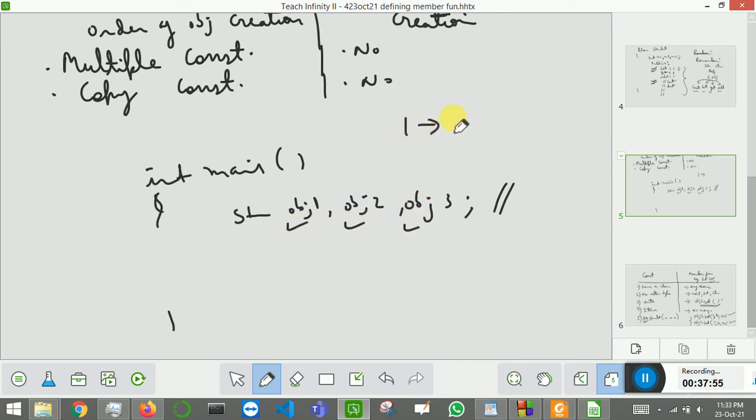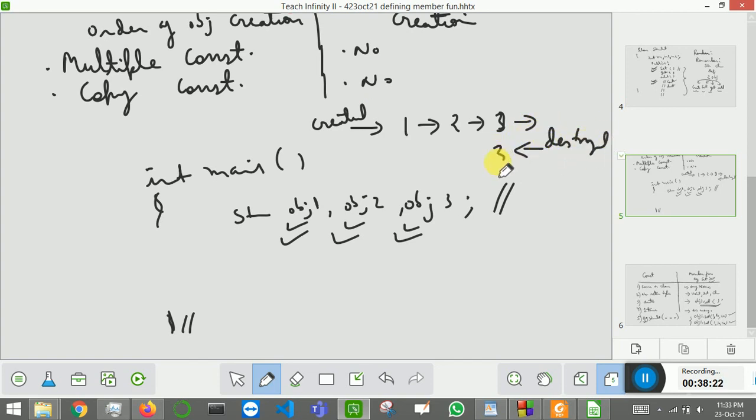So the constructor will be called first for this object, then for this object, then for this object. Now when these objects are destroyed, in what order are they destroyed? They are destroyed in the reverse order. They are created in this order, and they will be destroyed in the reverse order. Object 3 will be destroyed first, then object 2, then object 1.